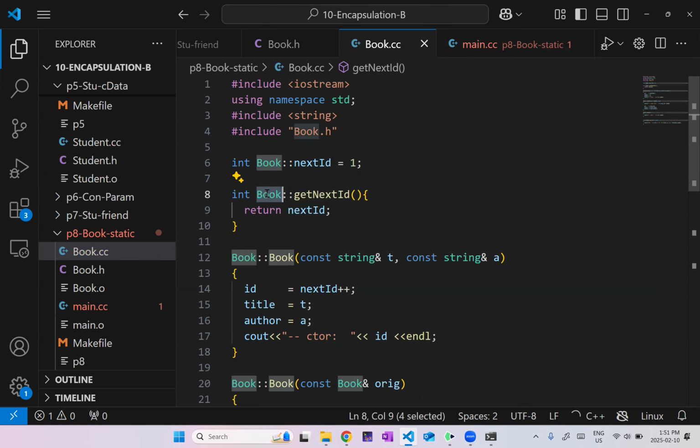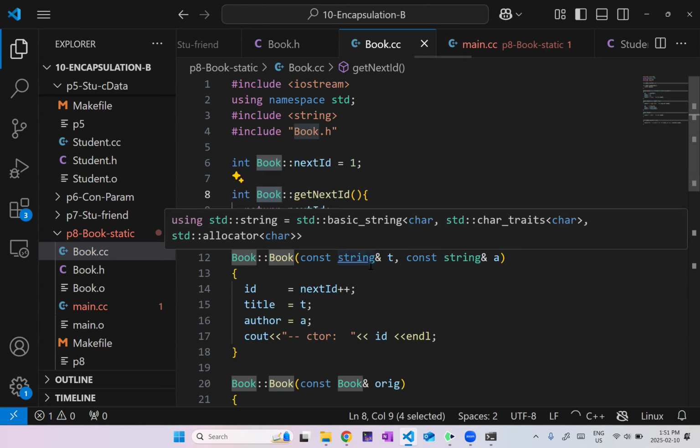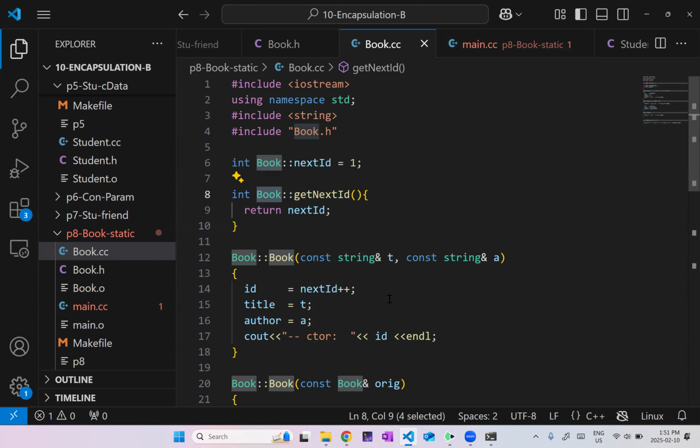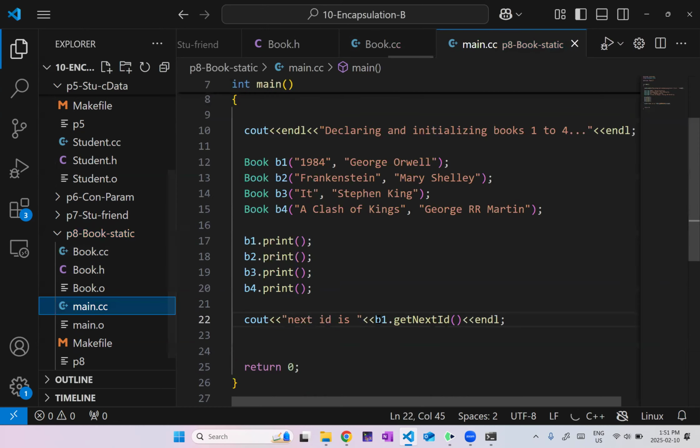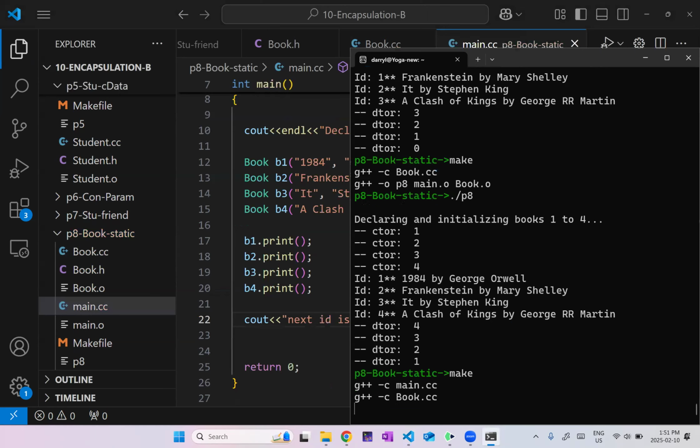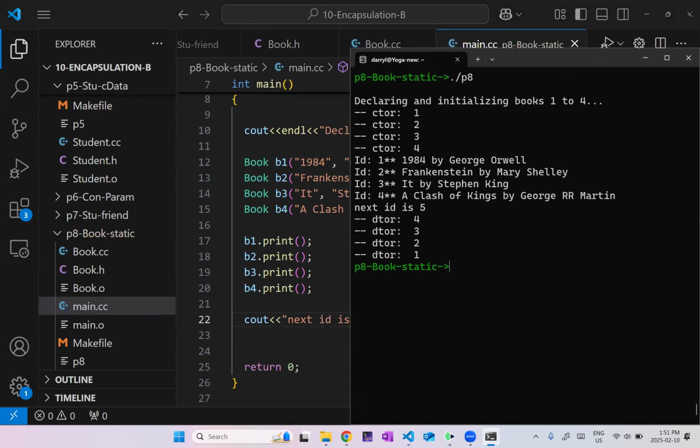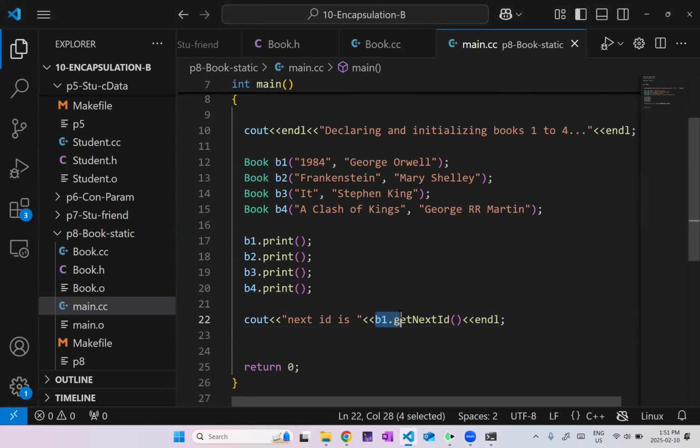Okay, but I do, of course, include the scope resolution operator to tell the compiler that this belongs to the book class. Now my get next ID is going to work, and I can see what the next available ID number is. In this case, it's 5. I did that by taking this book object and calling get next ID on it, which is fine. This is perfectly valid. I think in Java this gives you